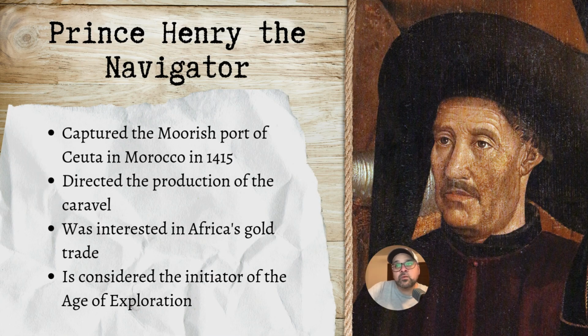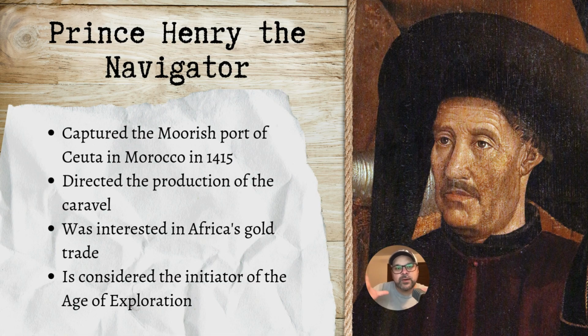At the age of 21, Henry helps his father capture a port in Morocco called Ceuta, which is home to Muslim pirates that frequently would raid or rob ships on the Portuguese coast and raid the Portuguese coast itself. So control over that port meant that Portugal could control all shipping in and out of the Strait of